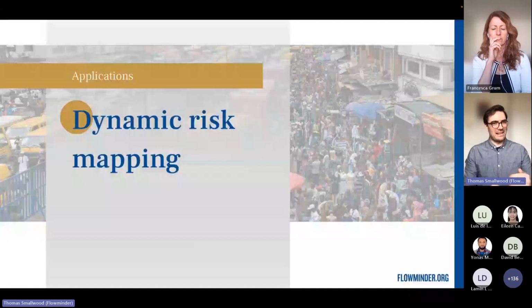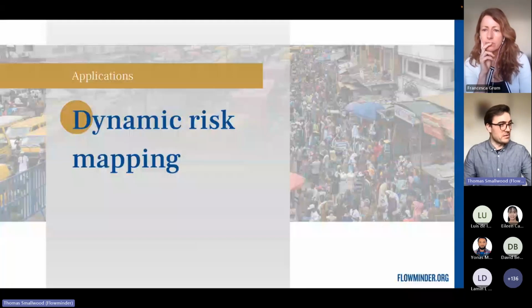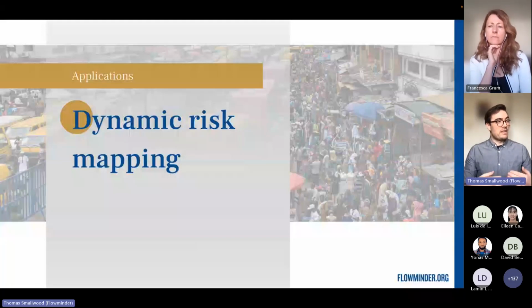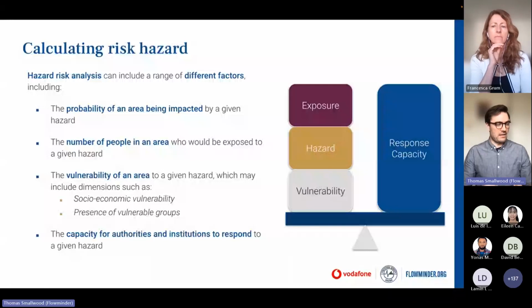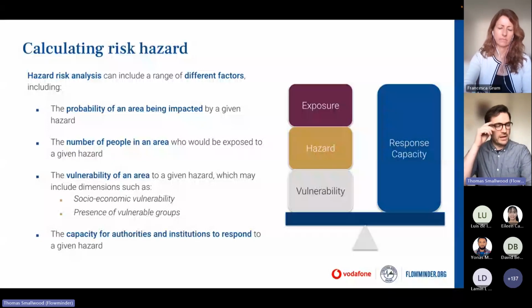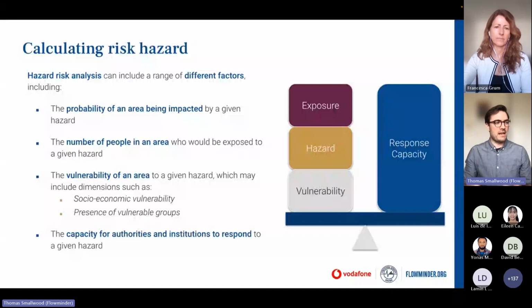So moving on very quickly to a brief example of some dynamic risk mapping for humanitarian response as well. When we think about calculating hazard risk, there's a number of different factors that we want to consider. The first is most obviously the probability of an area being impacted by a given hazard, such as flooding. The second is the number of people in an area who might be exposed to a hazard. A third factor is the vulnerability of the area, which includes dimensions such as socioeconomic vulnerability and the presence of vulnerable groups. And finally, this is all weighed against the capacity for authorities and institutions in the area to respond